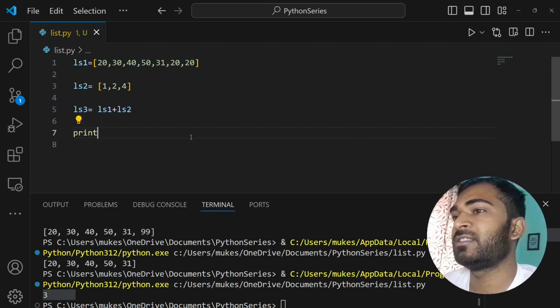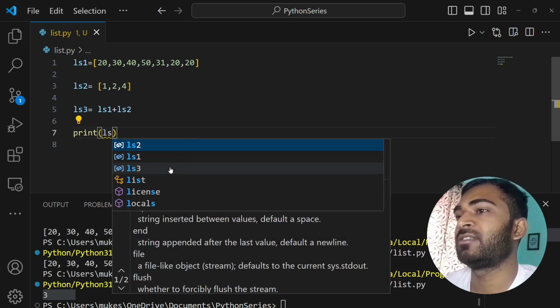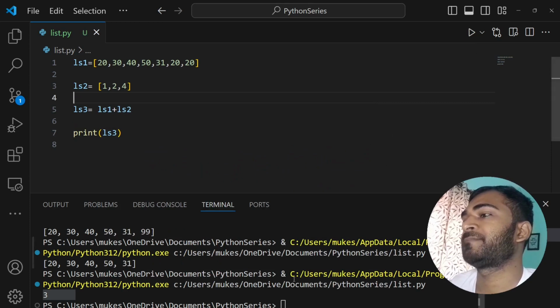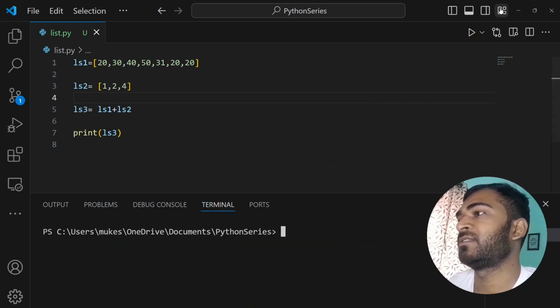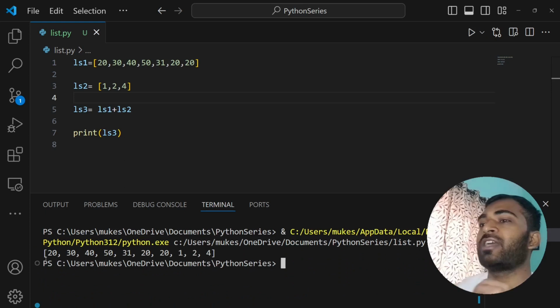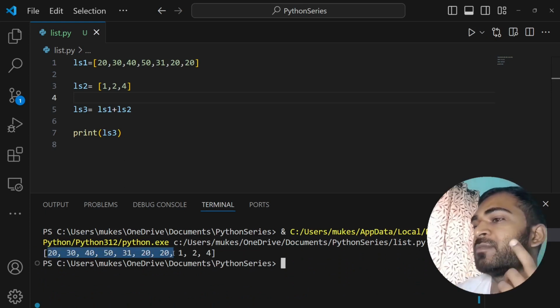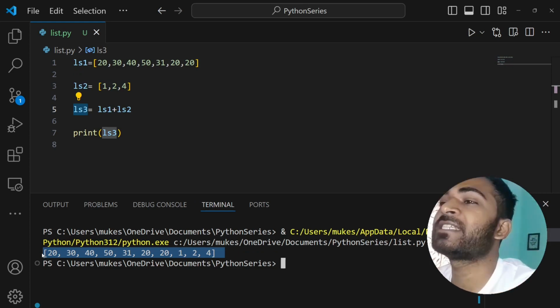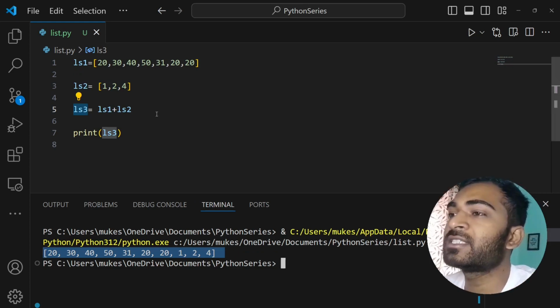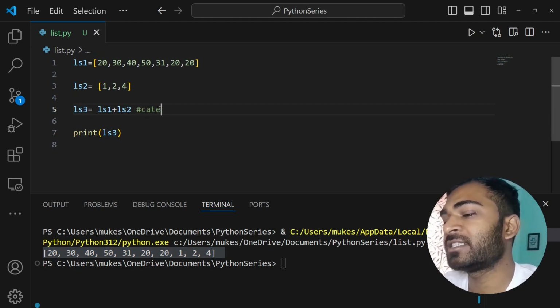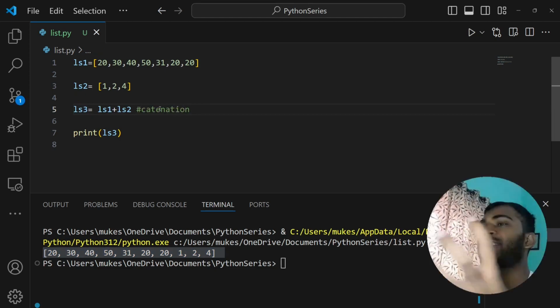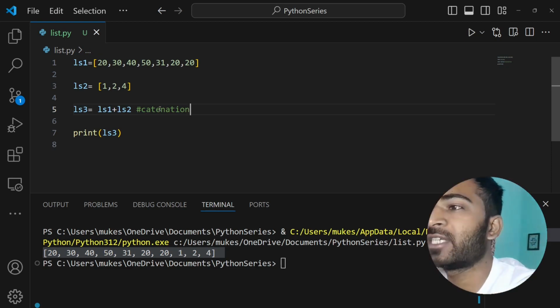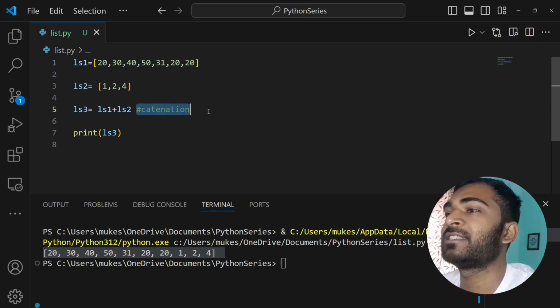Let's see what we get in list three. You have the old elements from list one and the new elements from list two, and in list three we have all the elements together, which basically means that it got concatenated. This property is called concatenation. You're just binding them together.